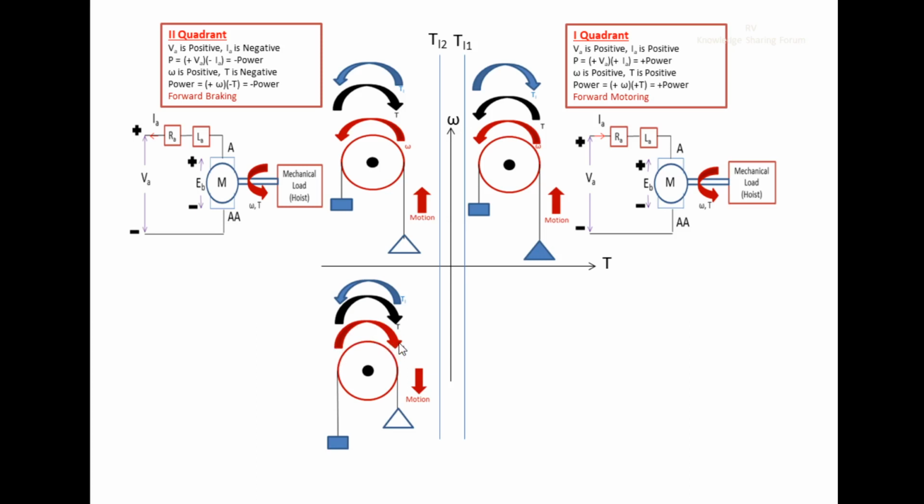So here the speed direction is reversed when compared to the first two quadrants. In the first two quadrants, the speed direction is anticlockwise, which is assumed to be forward and positive. Now here the speed direction is reversed. Therefore, it is reverse, in the clockwise direction, because this empty cage now requires the motion in the downward direction, or the clockwise direction. So the speed is also in the clockwise direction.